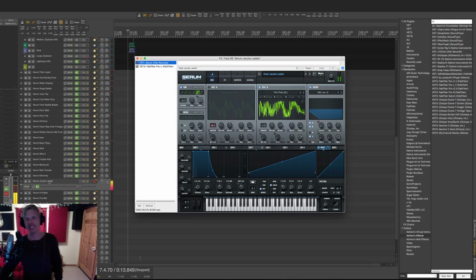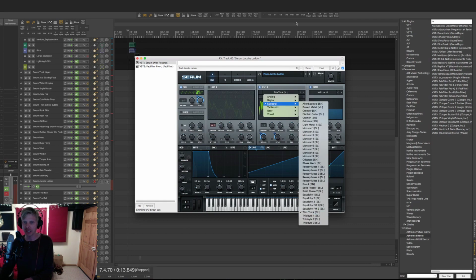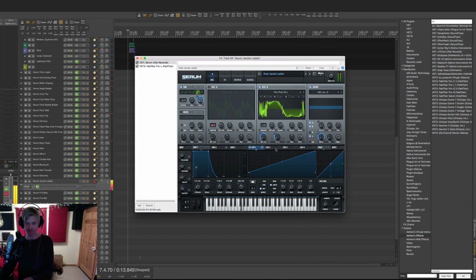Ow! Oh my gosh! The electricity is crazy. So yeah, this is just going up the wave table position of a spectral. It says thin, thick. And it's going up the sync. So without the sync, it sounds like this. And then, so it sounds like it's going up a little. And then the drive of